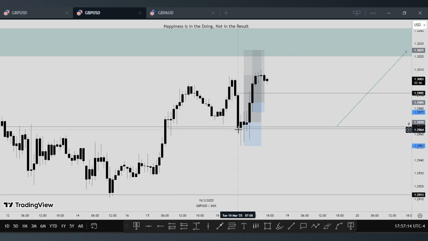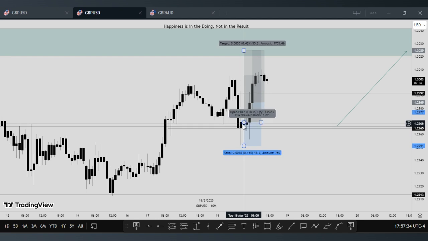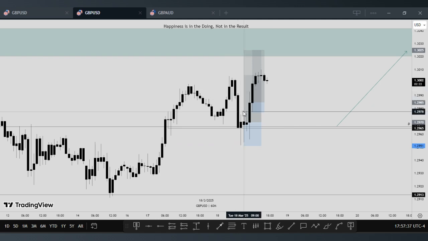So once we had that rejection on this candle, this is a very solid push to the downside. Once we had the rejection on this candle, I entered my trade, I think, on this one after this candle closed. So the confirmation actually came from a 5 minutes time frame, and I entered with stop loss there. Price actually played around a lot before it pushed in my direction. And then for my second entry,